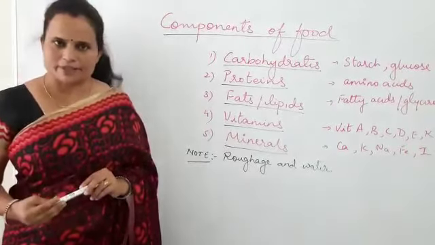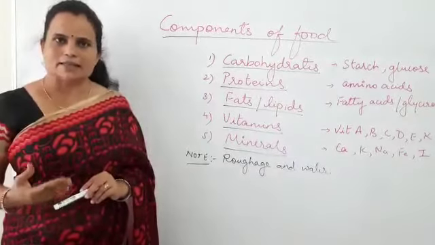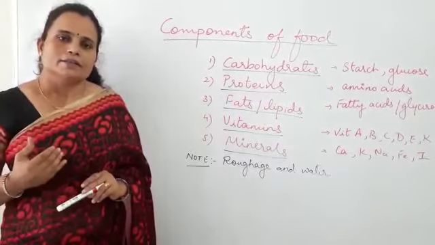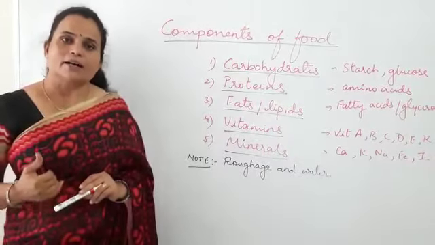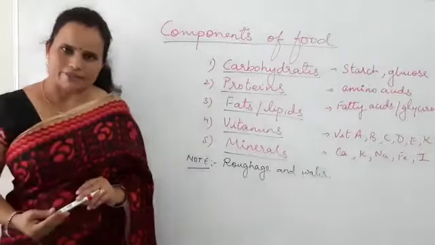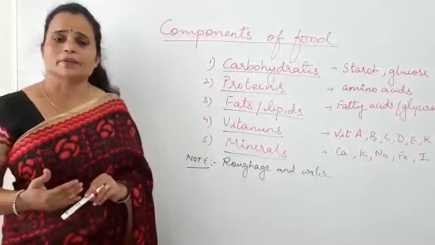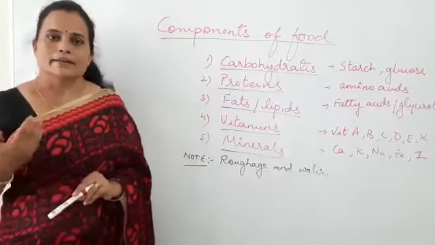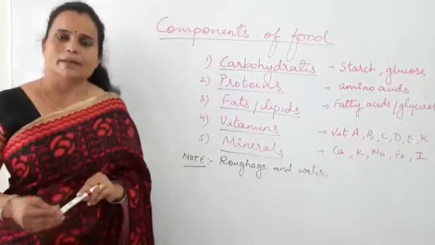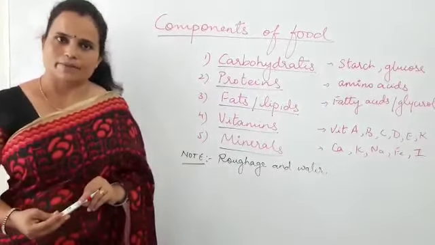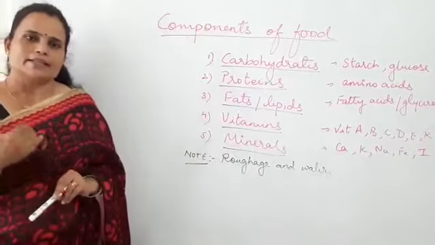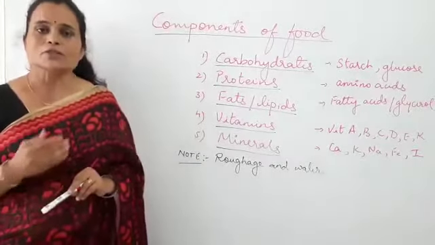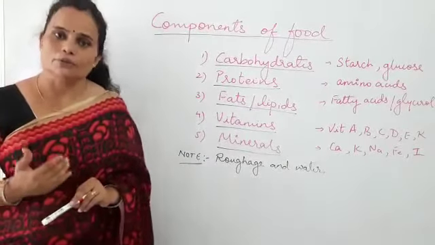We require many types of vitamins like vitamin A, D, E, K, vitamin B, okay? And then about minerals. The minerals participate in many metabolic activities in our body, okay? For example, we require calcium, phosphorus, potassium, sodium and iodine, iron, okay? Many minerals are required by our body. So, I have told you that these are the major 5 components of our food. Food gives us nutrition. So, these components are called nutrients.